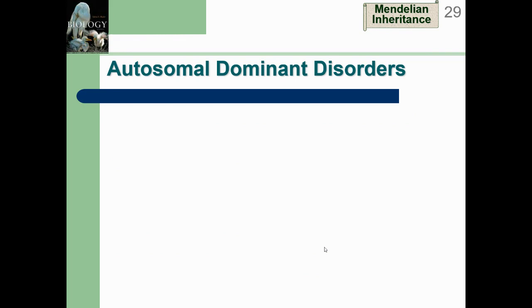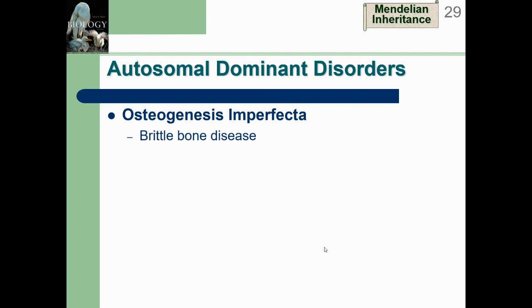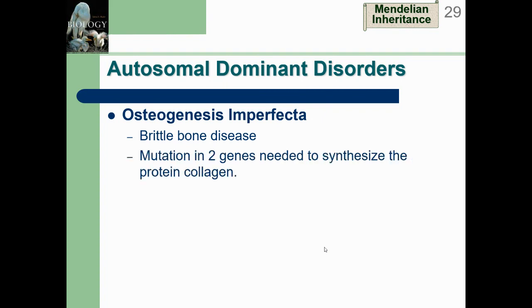I think there might be a picture in the book too. Some examples of autosomal dominant disorders. Osteogenesis imperfecta, Mr. Glass, if you're a comic book fan. This is called brittle bone disease. It's a mutation in two genes that are needed to synthesize collagen, which is what gives our bones their strength. It has to be the right shape in order to build those firm bones, and it's not,